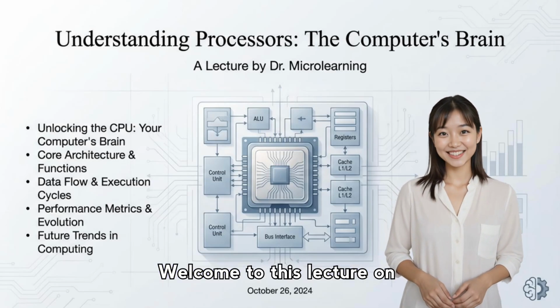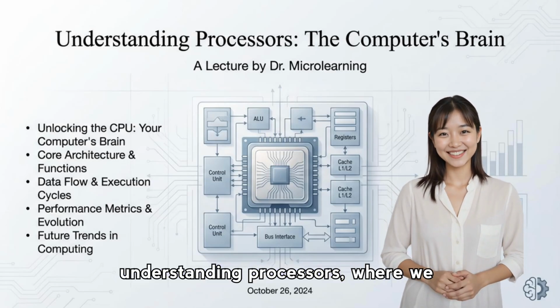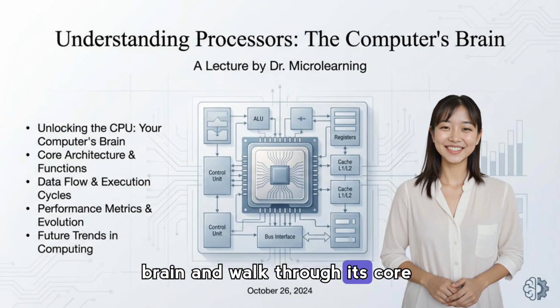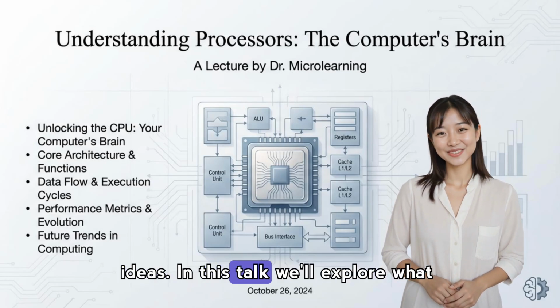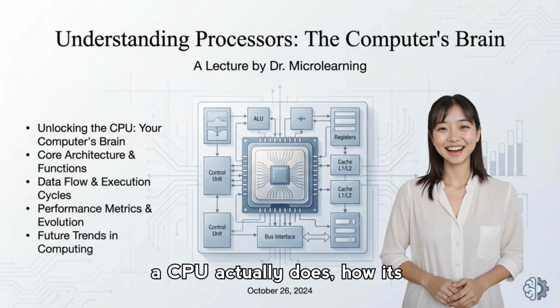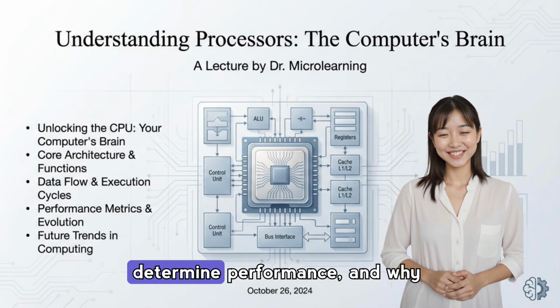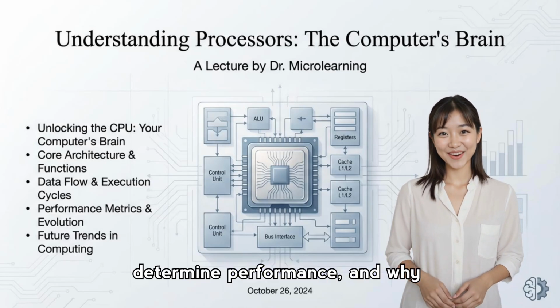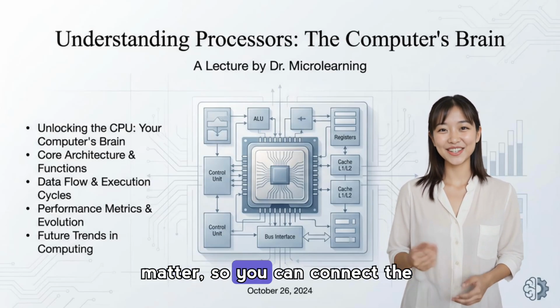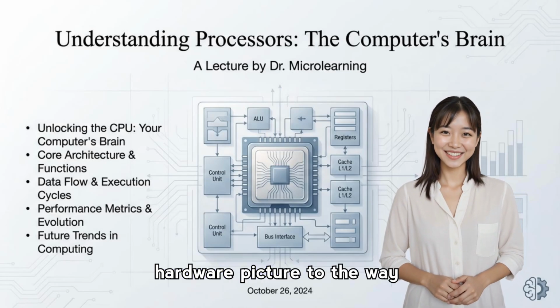Welcome to this lecture on understanding processors, where we treat the CPU as the computer's brain and walk through its core ideas. In this talk, we'll explore what a CPU actually does, how its architecture and data flow determine performance, and why cache, clocks, and evolving designs matter, so you can connect the hardware picture to the way software runs